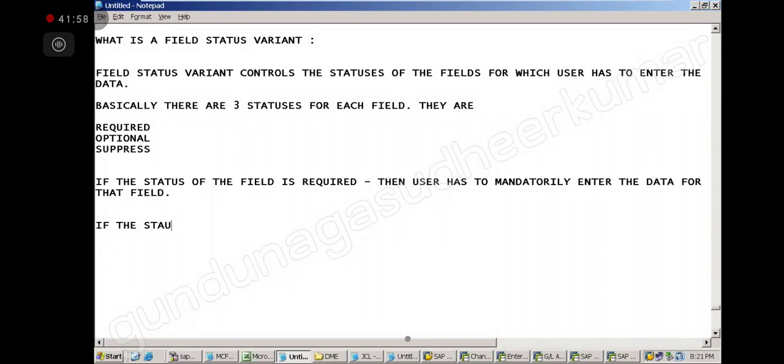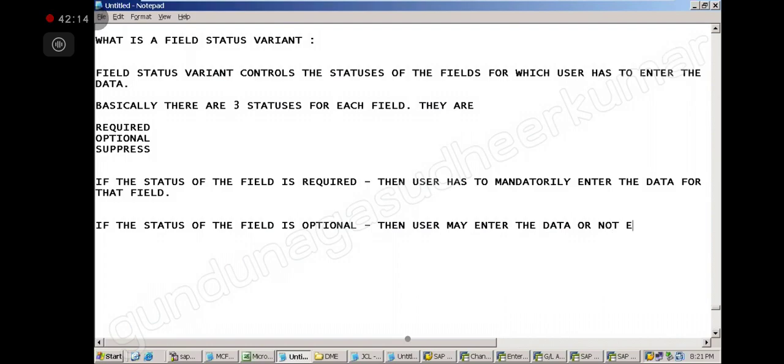If optional, the user may or may not enter the data.